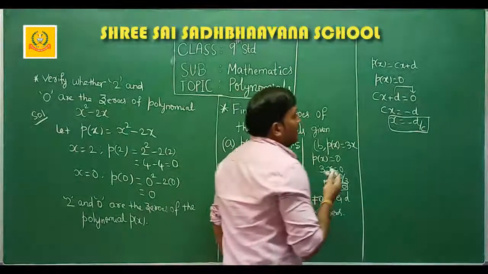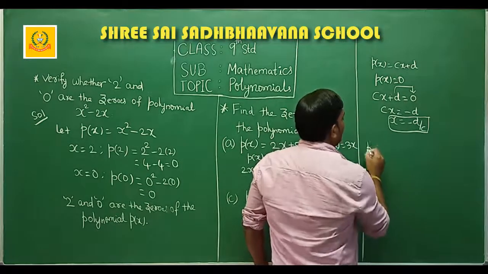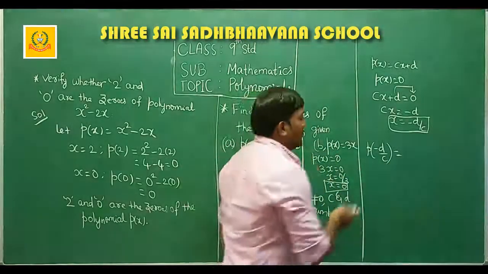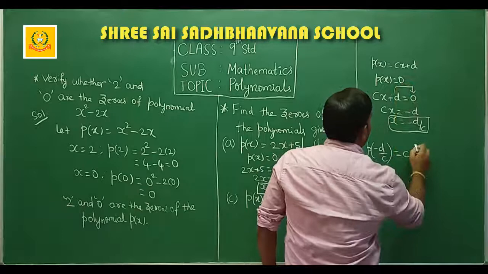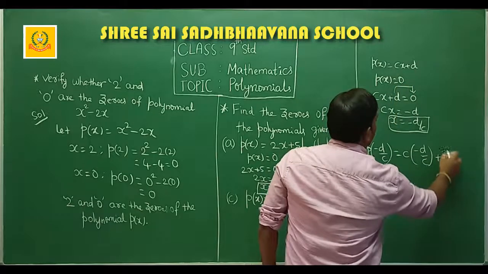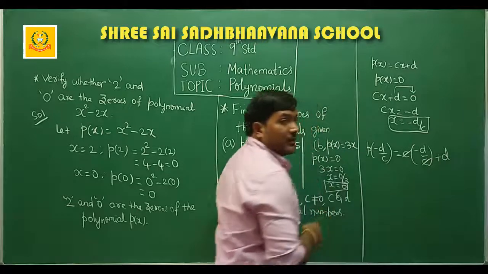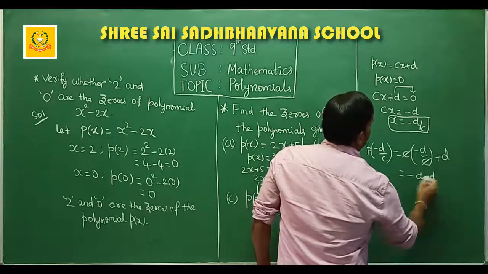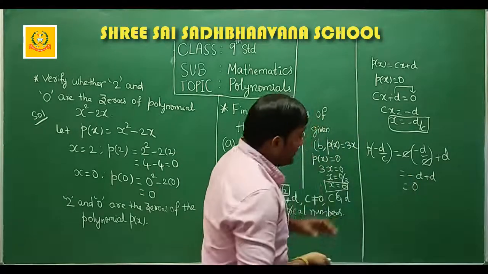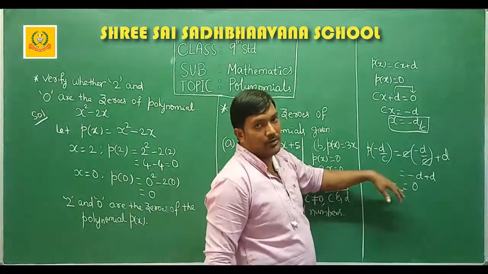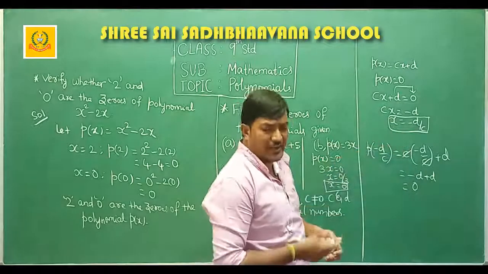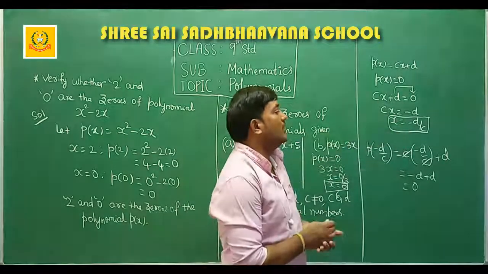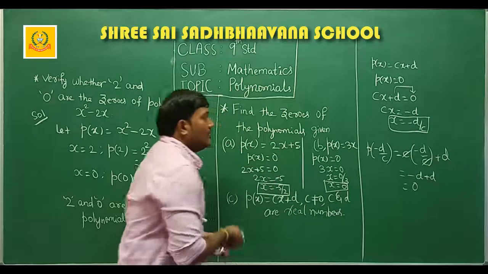So this minus d by c is the 0 of this polynomial. And one more thing, how can you say it is 0? Just substitute minus d by c in the place of x. This you can do with other sums also. When I substitute minus d by c in the place of x, what are we getting? c will get cancelled, because c into minus d by c, c will get cancelled and you will be left with minus d plus d, which is 0. So that is the reason this is considered as the 0 of this polynomial. Understood? Verification is not required. For your understanding purpose, I am just doing the verification, showing that it satisfies the given equation.